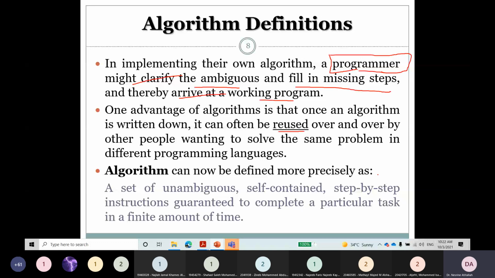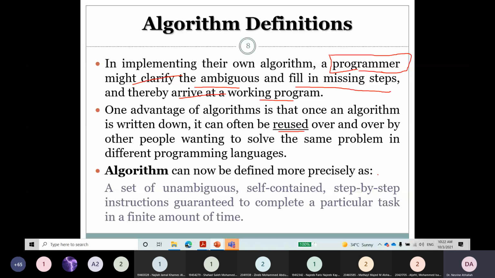You don't need to write another algorithm for that, or if you need to show the contents of a list, or you need to get the smallest item, the biggest item of a list, all these algorithms can be reused several times. Okay, why? Because there are some commonly used algorithms in many different programs. So it can be reused once it is well written. It is well written, and it is clearer.